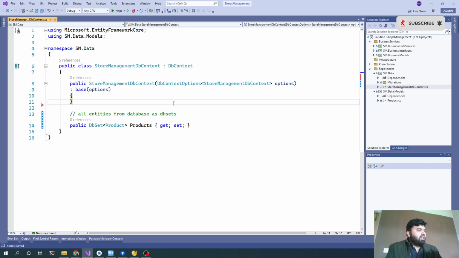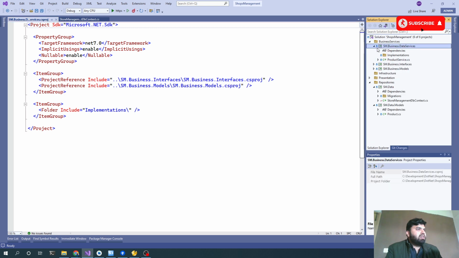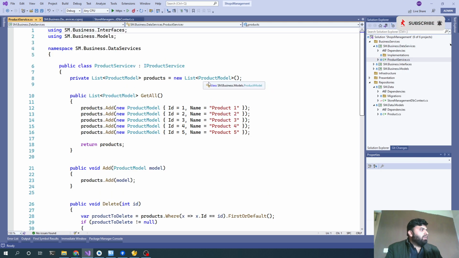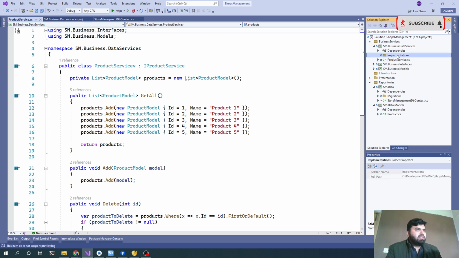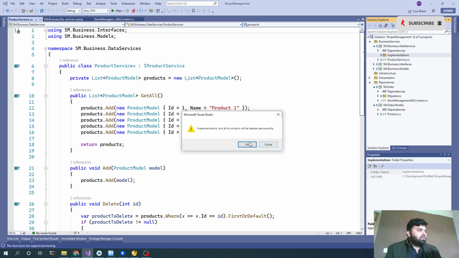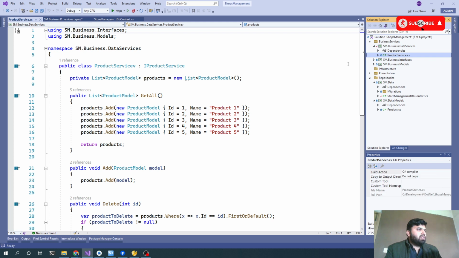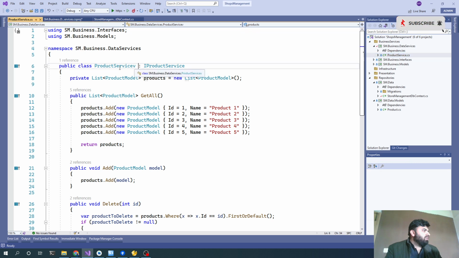All right, and the next thing would be, let's go back to our data services where we will be updating our product service today. For that, let's remove that Implementations folder. It's not required. It was an empty folder here, and I think there is a typo, or it should be ProductService. Let me correct that one as well. And yeah, now